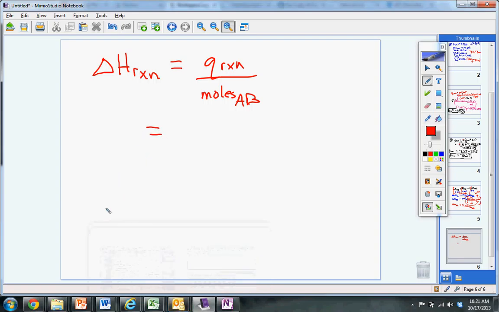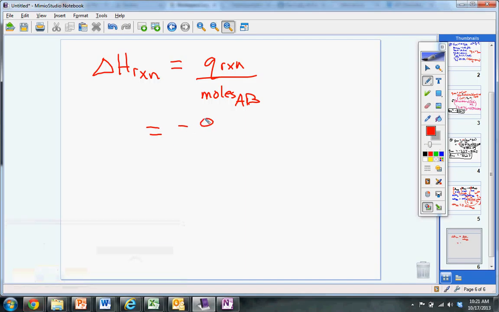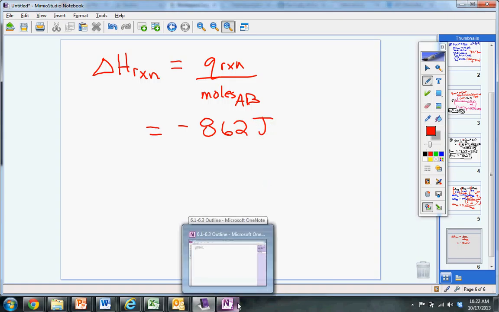Not 830, because we put it in a calorimeter. What, 862? The reaction, not the solution. The reaction is negative 862 joules divided by